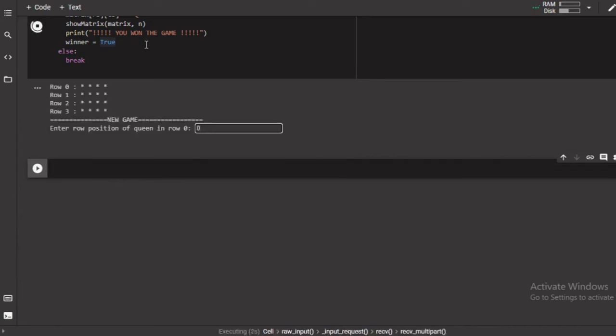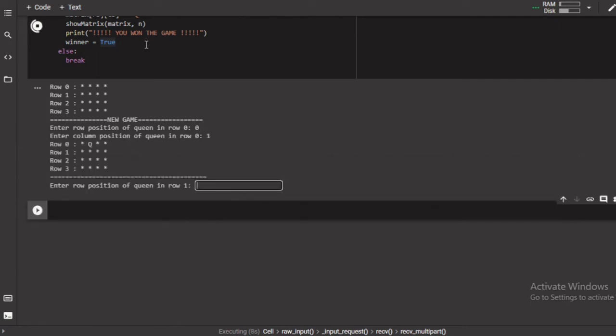So I will misbehave here, that means let's add the queen at the left diagonal of the previous queen, that is row 1 and column 2. So, wrong choice, you lost the game.